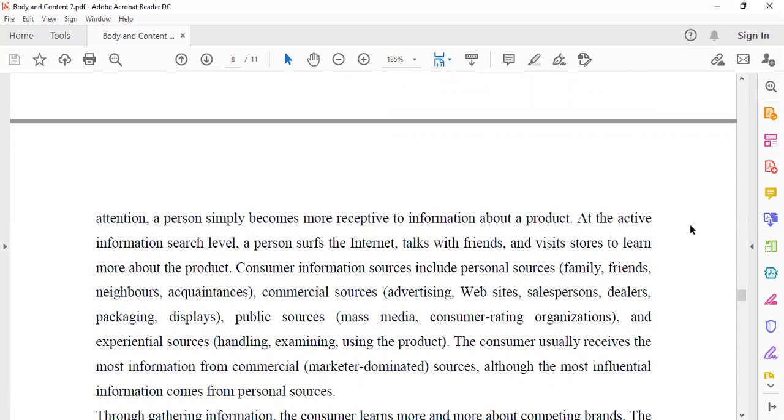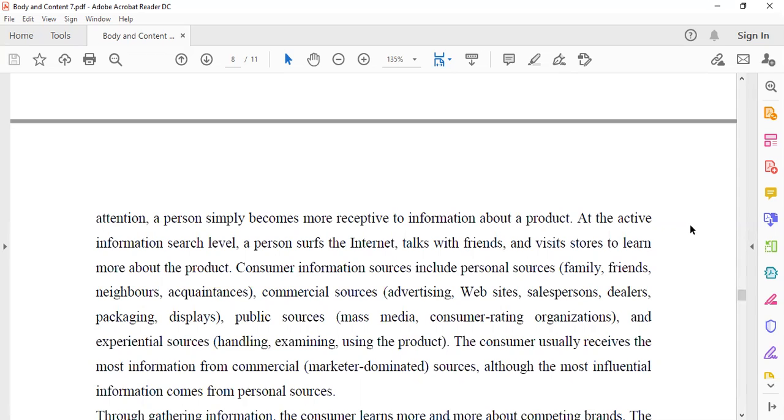If, for instance, it is a new need, not a recurrent need. By new need, I mean a need for a product that you don't buy often. There may be need for extended information search. But if it is something that you've been buying and buying and buying, maybe this stage may be bypassed.